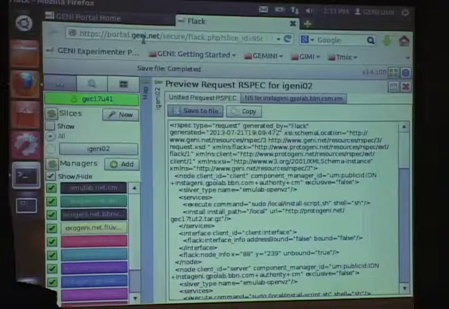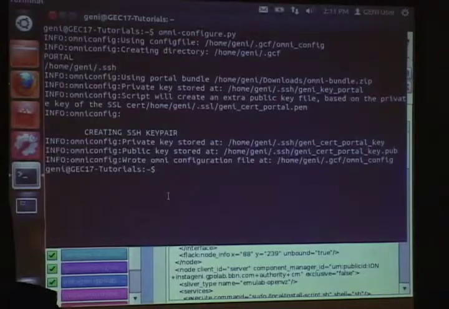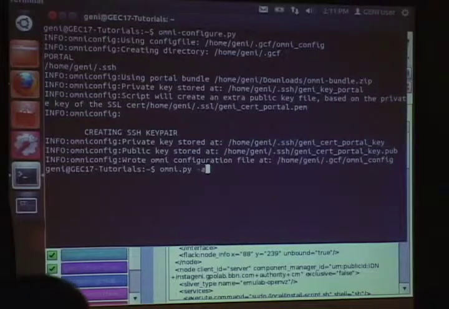So if you're following along, you're now up to step 5 on the instructions on the worksheet, the instantiate the new experiment using Omni. So now please head back to the terminal, and the way to use Omni to instantiate a sliver, we're going to type omni.py, then -a and the nickname of the aggregate manager you're using, and this will be written down on your worksheet, so don't copy me, copy your worksheet instead, please. It will need to match the one that